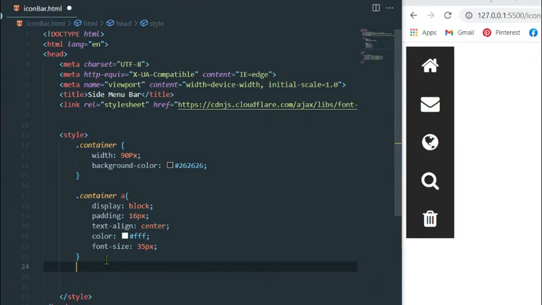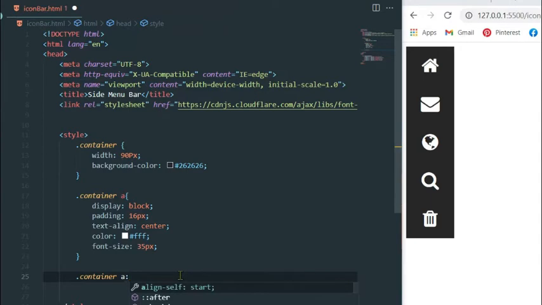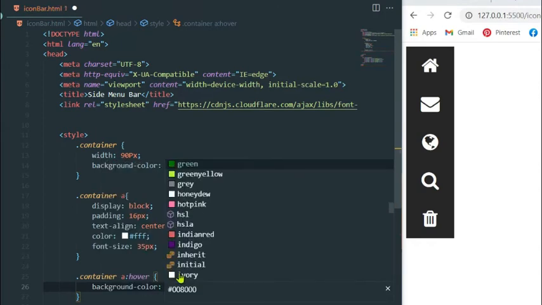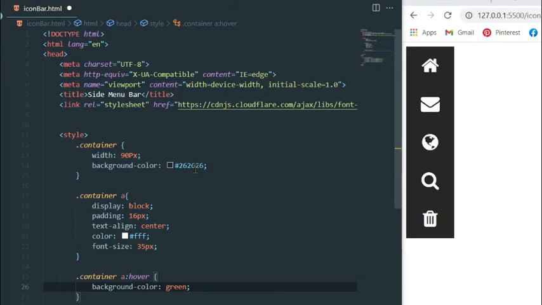So now I'm going to add a hover effect on this menu. If someone hovers over this, we will get the effect. For that, I will simply target the container, I will take the a tags and I will put the hover effect on this. So on hover, I will say background color to be this dark green. If I save, as you can see, the moment I hover, I'm getting this hover color.